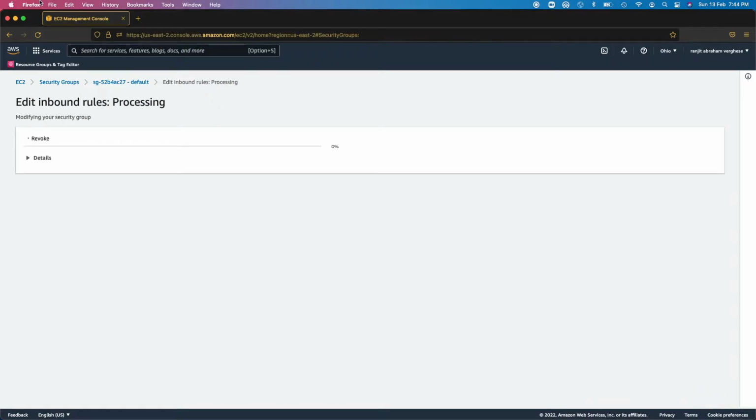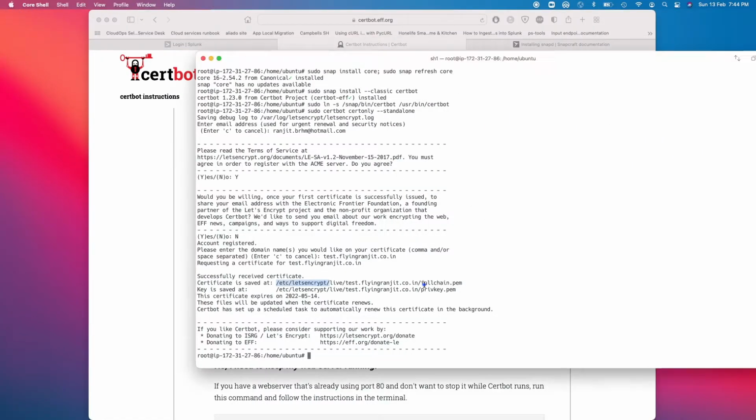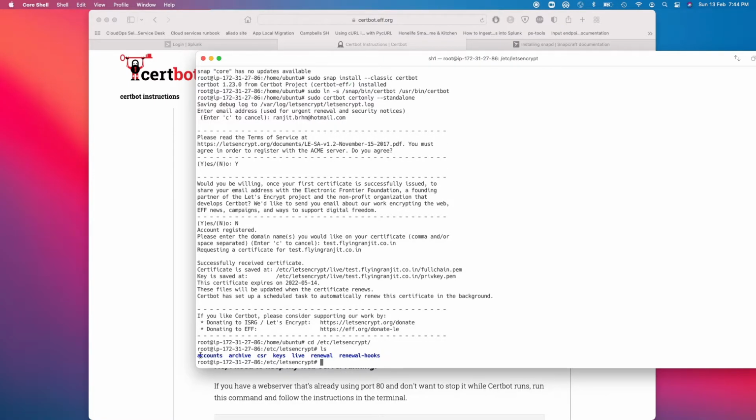And save. Alright, so the new certificate is sitting here on this folder, right? So if I do this, I'll find a few folders here. So what they say is your certificate is actually living in live, but actually if you go check in live,